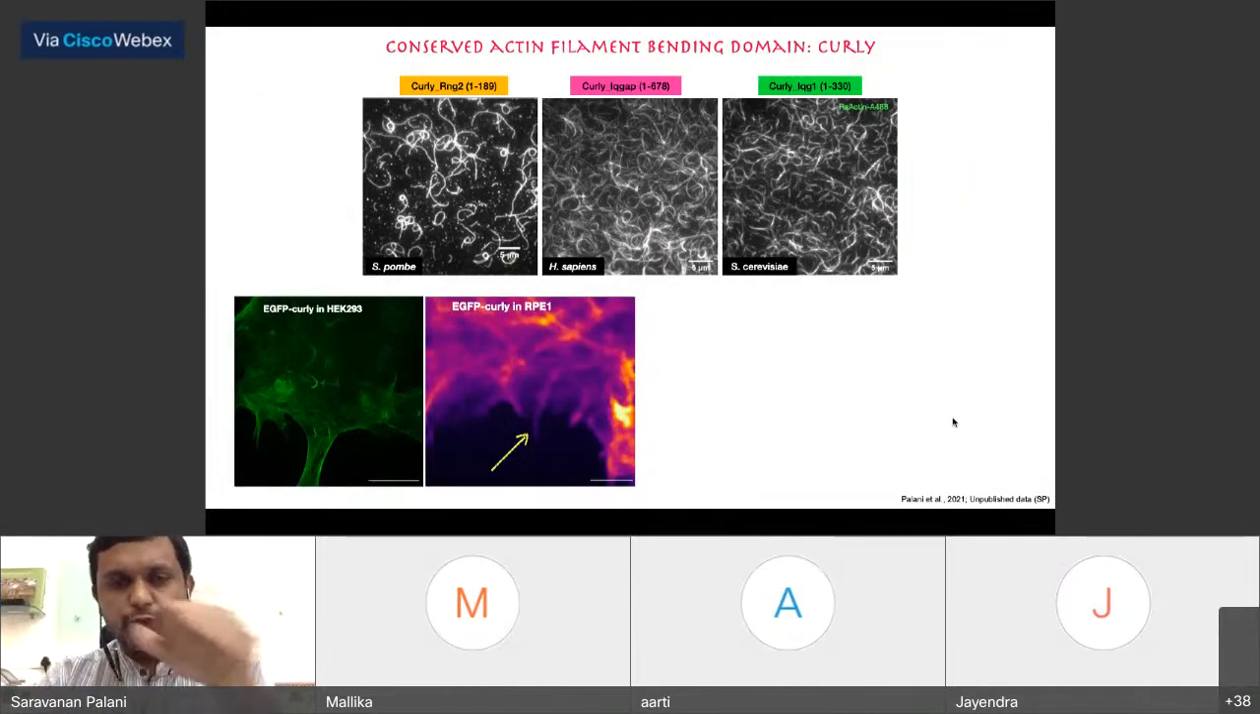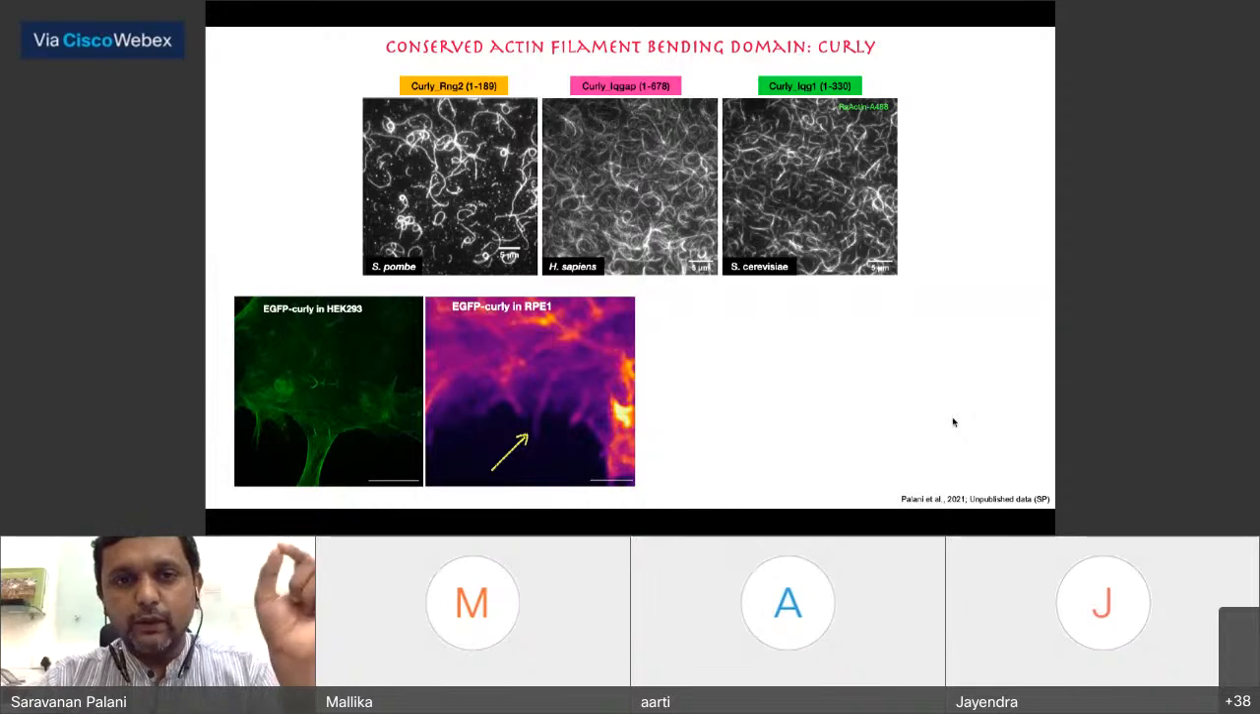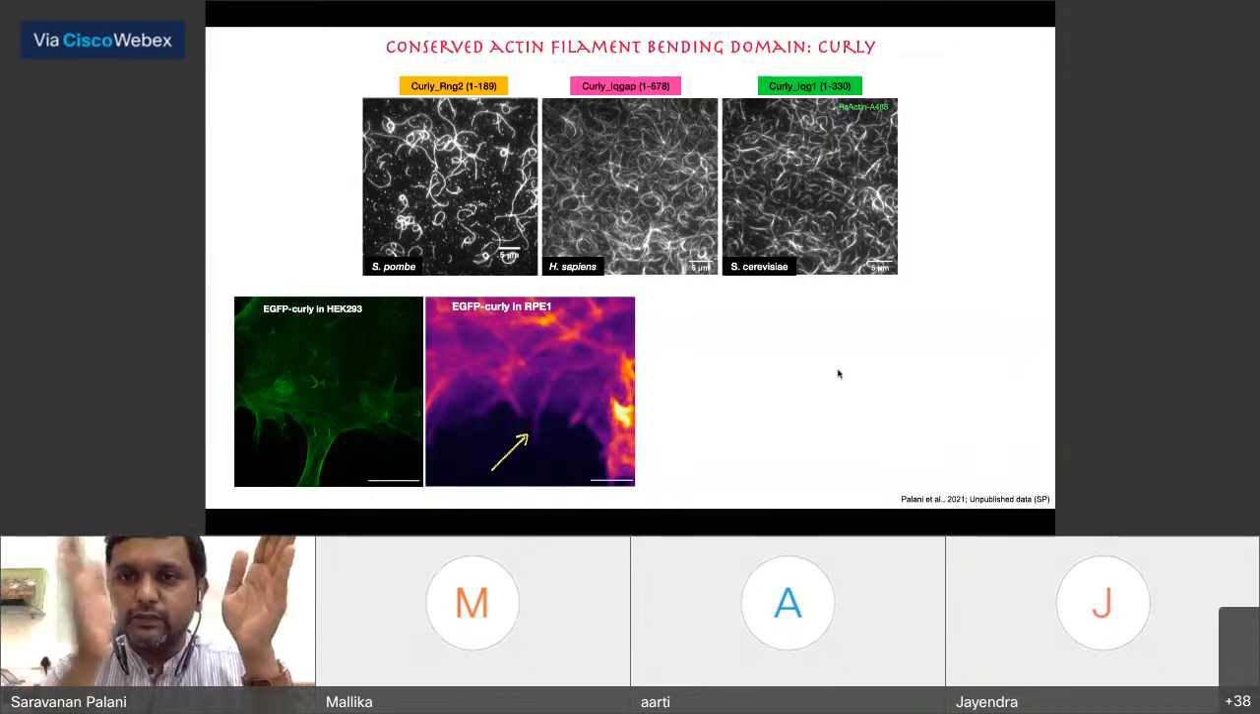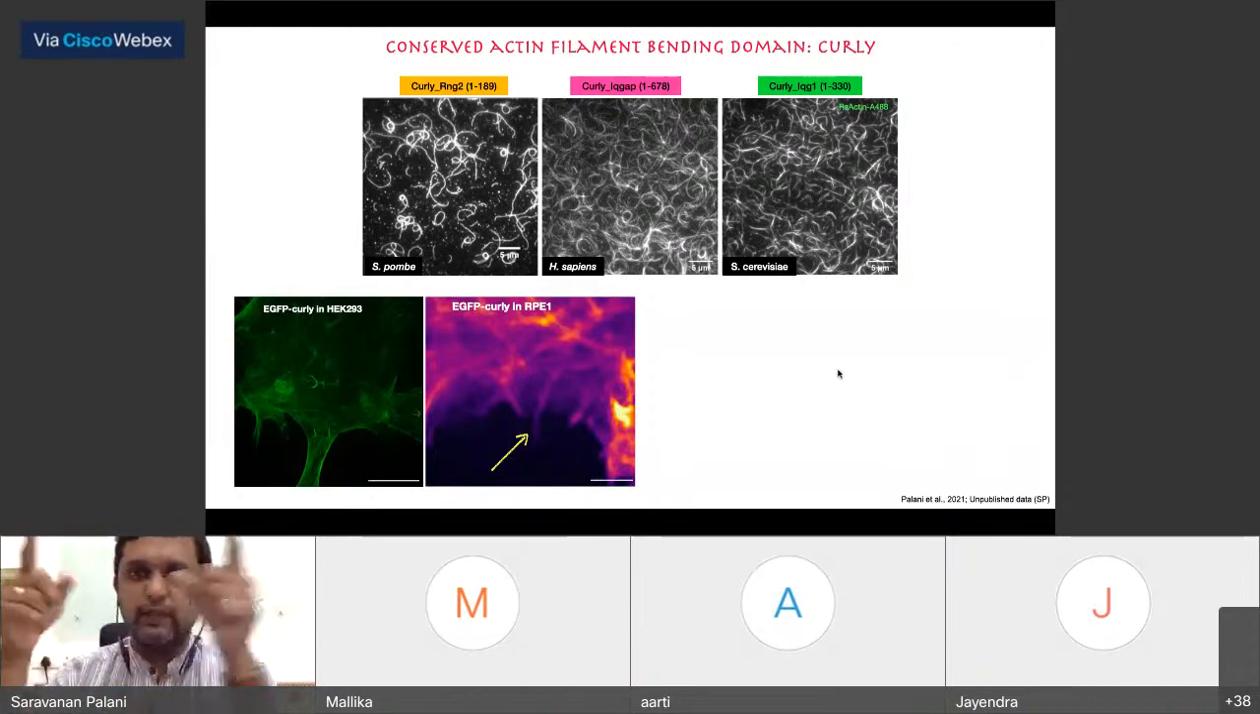So I purified this particular IQGAP. In pombe it's called Rng2. In budding yeast it's called Iqg1. In human it's called IQGAP. So then I purified this particular domain, which is the CHD domain, the calponin homology domain, followed by the unstructured region. So the unstructured region, you have different